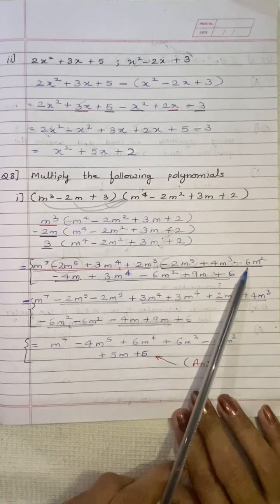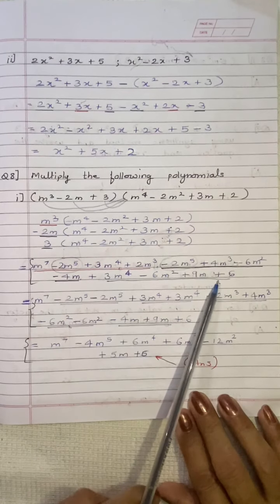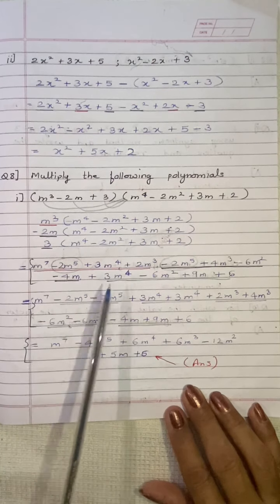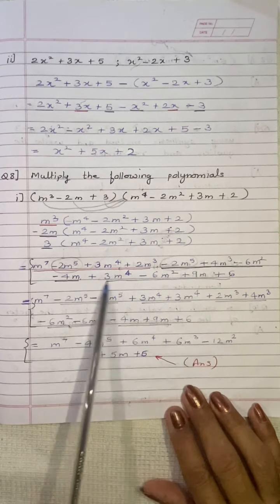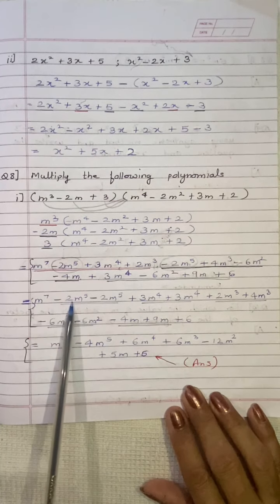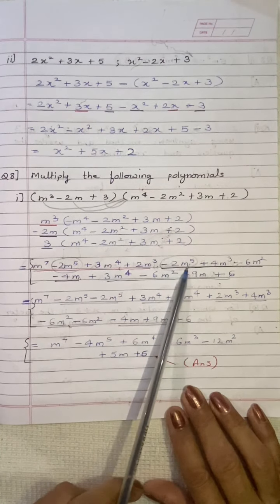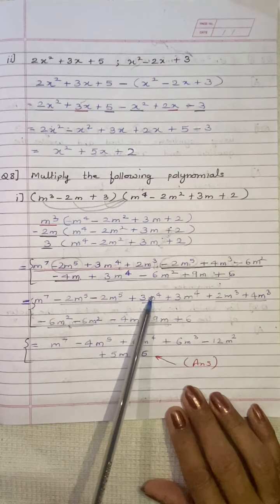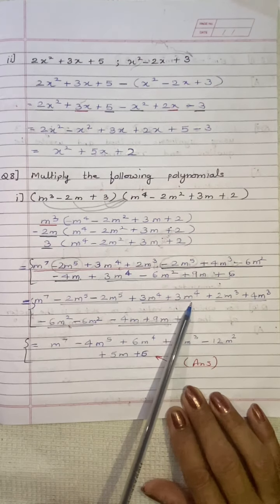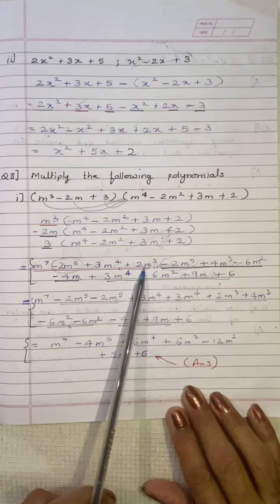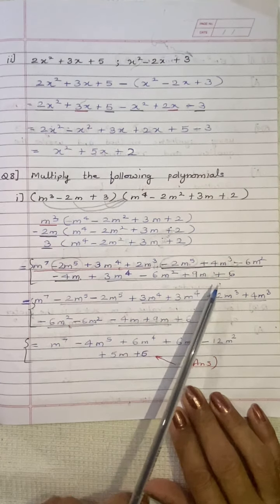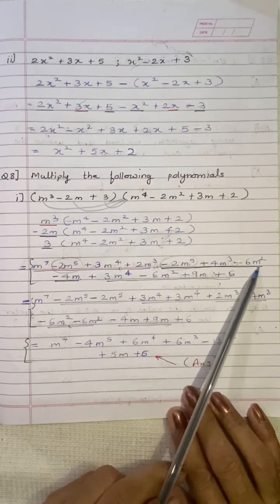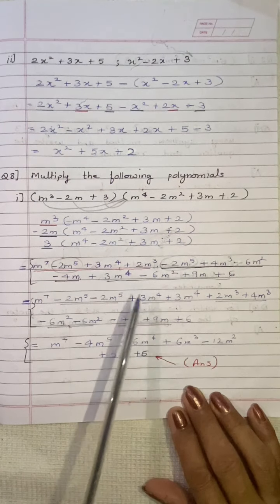Now these three products we have got. So we'll bring the like terms together and solve. So m raised to 7. Any term which has exponent 7? No. So this is the only term. Then minus 2m raised to 5, minus 2m raised to 5, and any other term? No. So then 3m raised to 4, 3m raised to 4 here, and then 2m cube and 4m cube here, and then 6m square, minus 6m square here we have got, and minus 6m square.